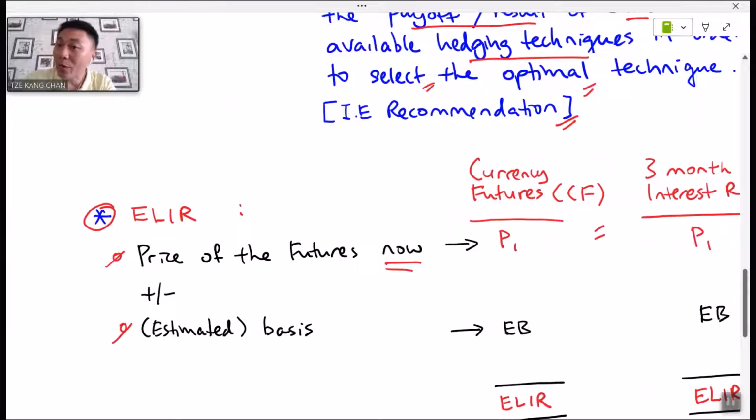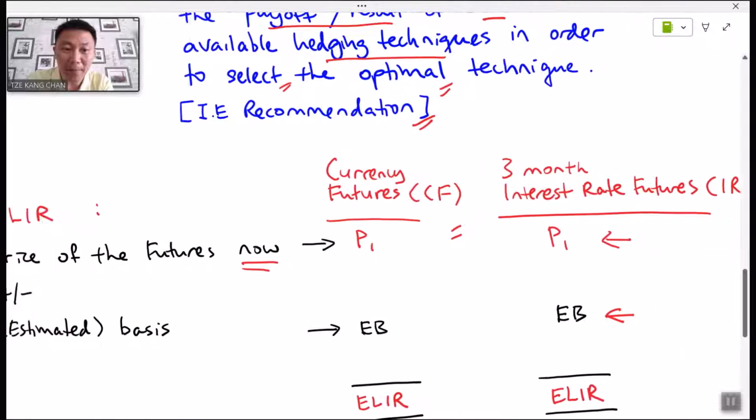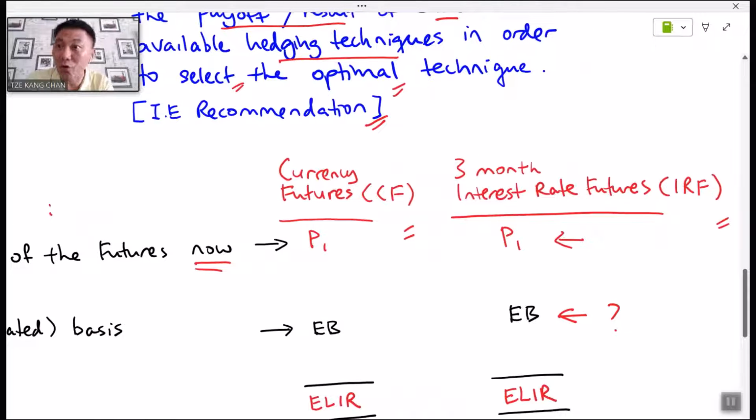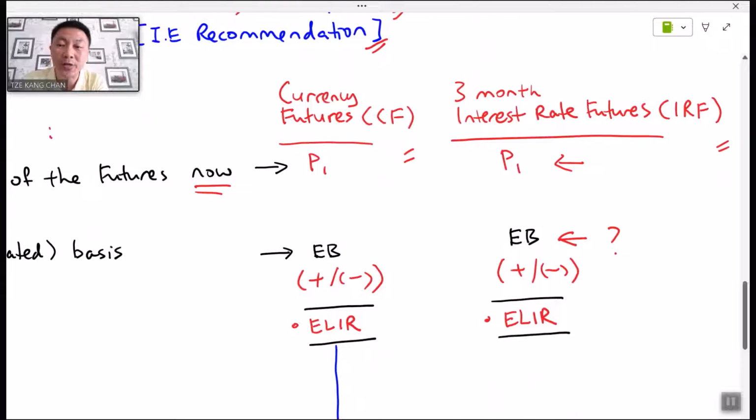The other number required in estimating the ELIR is the estimated basis, denoted by EB. This is the number that students are required to know how to derive based upon market data given by the questions. Taking note, the estimated basis can be either positive or negative in value, and therefore the sign, positive or negative, is of essence in order to ensure the calculation of ELIR